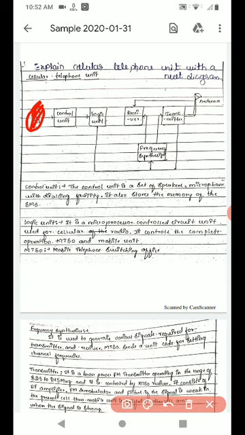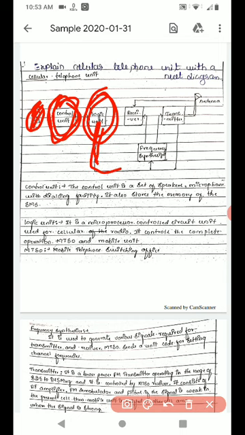Next, coming to the control unit. An example for the control unit is the speaker, microphone, and dialing facility, all of which will be controlled by this unit. It has some controlling parts. And the third one is the logic unit. Here the logical functions will be carried out. That is defining the frequency bands for uploading as well as downloading, that is uplink and downlink. And it also has a processor to control the functions of the logic unit.